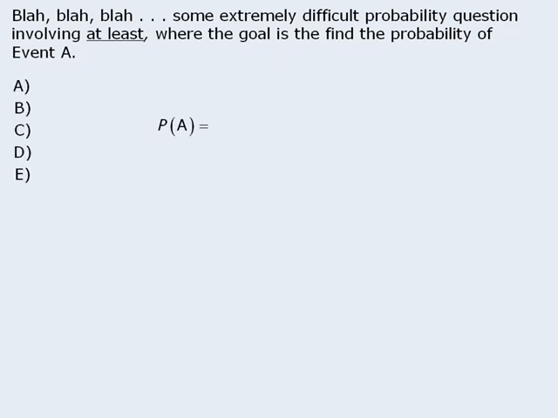Well, now you need to create 5 answer choices. So let's begin by determining the correct answer choice. To do so, you'll have to solve your question. Now this question happens to feature at least, and we have already learned that a lot of questions involving at least and at most can be solved using the complement. Now as you continue to practice, you will recognize other types of questions that can be solved nicely using the complement as well. So for this question, the probability that event A occurs will be equal to 1 minus the probability that event A doesn't occur.